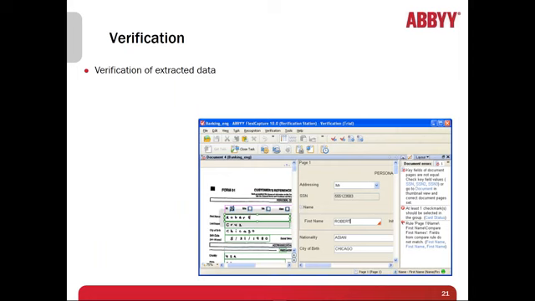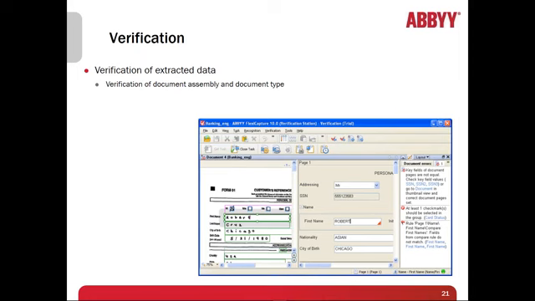A verification phase I mentioned a second ago is where we have another chance of verifying a document. The system thinks what it has extracted here, in this case first name Robert, and the system read it correctly as Robert. You would have the chance to correct the data before it is sent to your back office system. That's an optional step for some documents. We just run this automatically, get as close as we can.